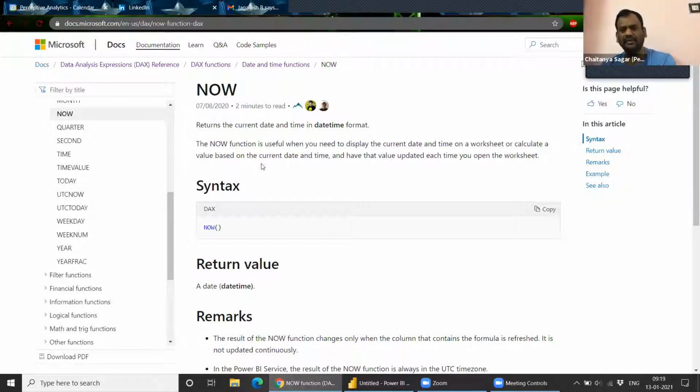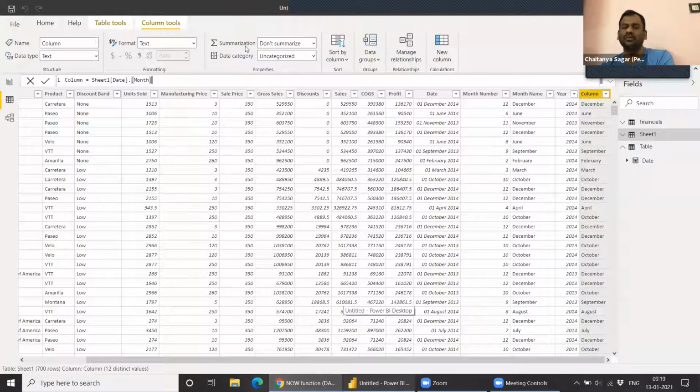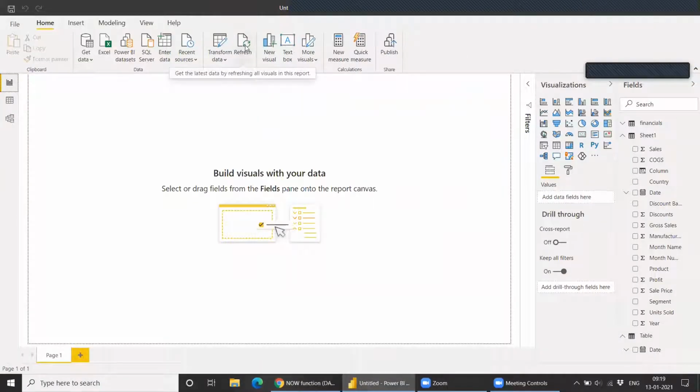Right. I think there is no recalculate function. Is there a recalculate function like in Excel, for example? You hit F9, then everything will be calculated to what is now. Do we have that kind of a thing, or does it calculate when you reopen? I'm just trying to understand how it works. We have this refresh button.